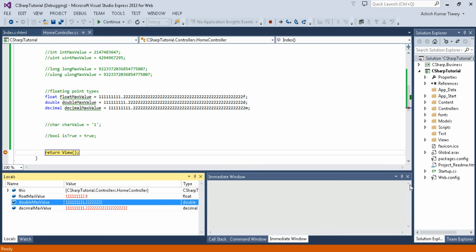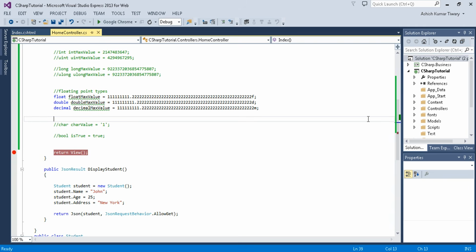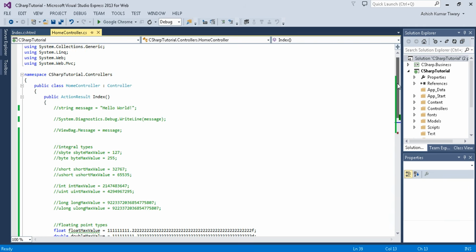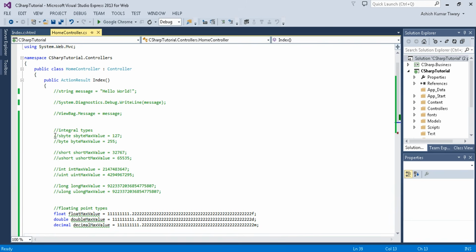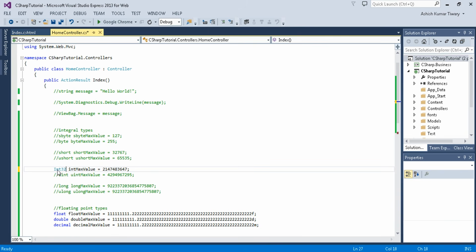Okay, and one more thing, you can use, like if I take the example of integer, so instead of int you can take Int32. This will also work.